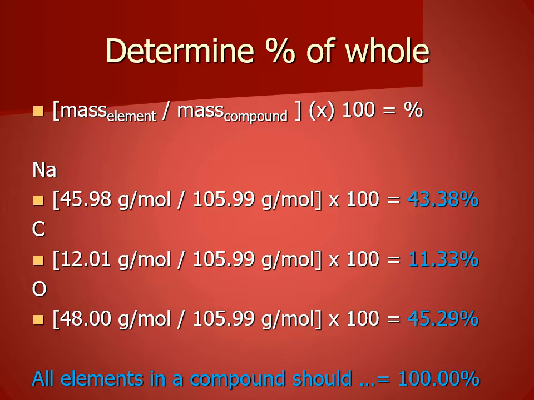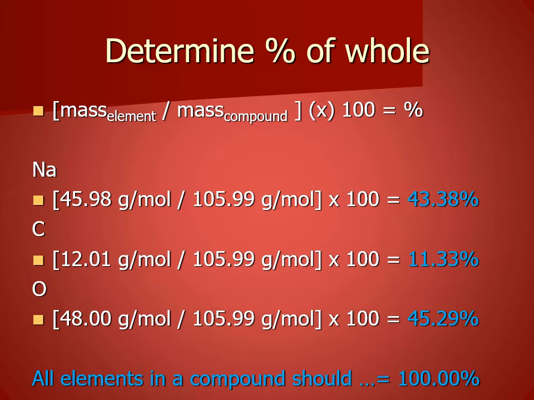Well, the general formula is take the mass of the part and divide it by the mass of the whole. Now, in order to make it a percentage, we're going to have to multiply by 100. So that's what that does. That makes this a percentage. So I take sodium. Sodium in the compound is 45.98 grams. I'm going to divide it by the whole compound, 105.99 grams. You do that, the units all cancel, by the way, times 100 makes it a percentage. You do all this and it turns out that sodium carbonate is a little over, just a touch over, 43%